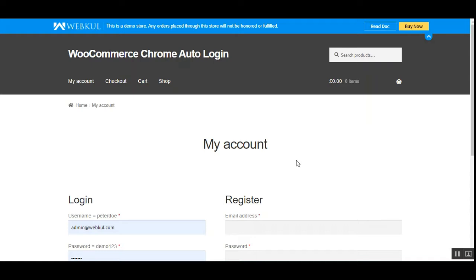And it's likely that a customer may tend to forget passwords. And here comes the Chrome Auto Login for WooCommerce plugin that basically saves the customer's accounts and seeks permission to save the passwords associated with the different accounts. This way, the customer will have to simply select an account and log in and access his particular store account, and there's no need to enter the passwords as the Chrome already saves it for the automatic login.